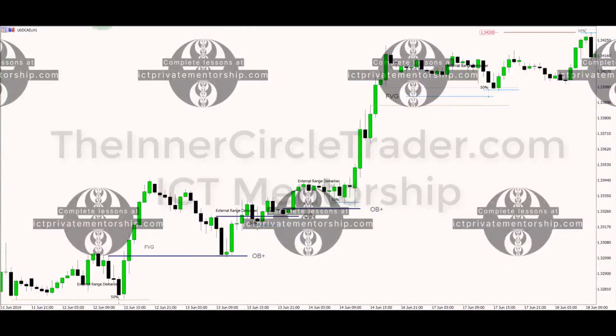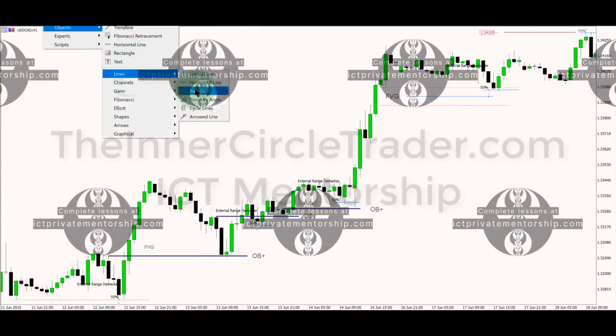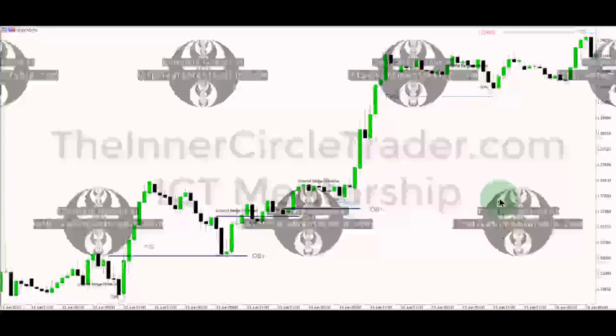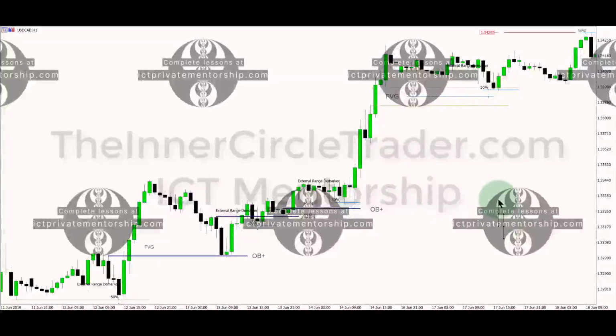There's one that creates the low, and then it goes with a lower low, but it's basically just a measurement of the entire range